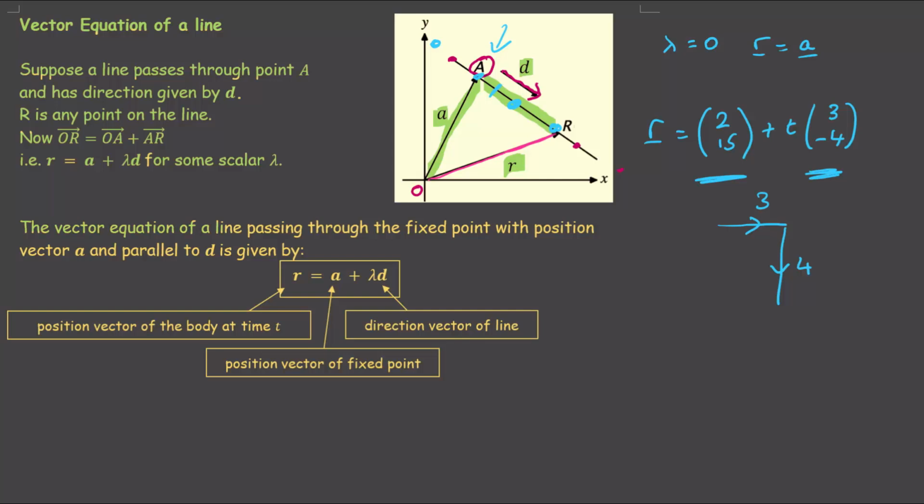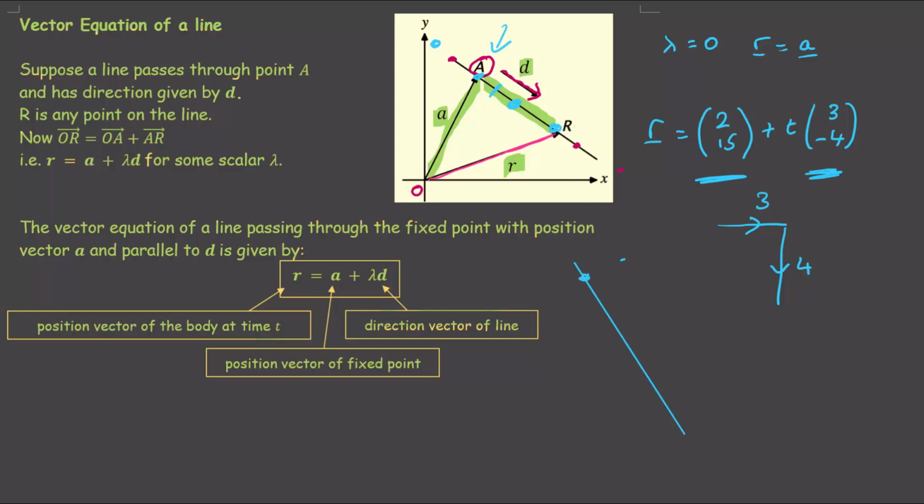The vector equation of a line passing through the fixed point with position vector A and parallel to the vector D is given by R equals A plus lambda D. R is the position vector of the body at time t, that's at any time. A is the position vector of a fixed point that we know is on the line, and D is the direction of the line. Lambda is just a scalar variable, so that as we move along the line, we have